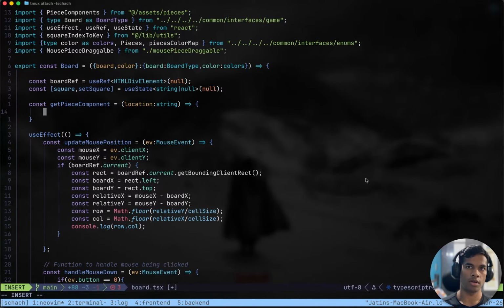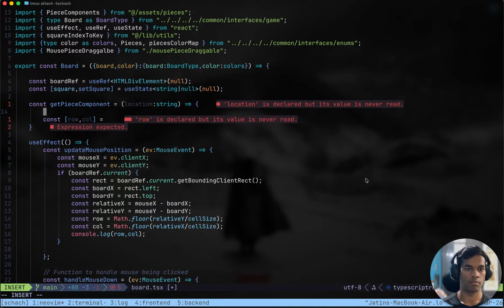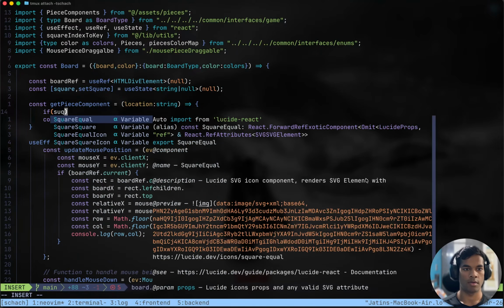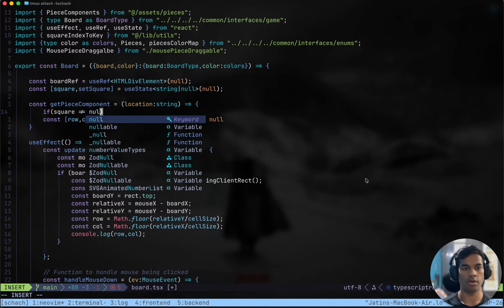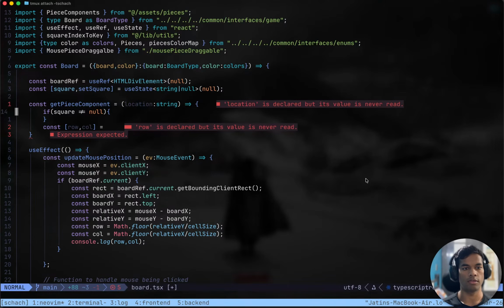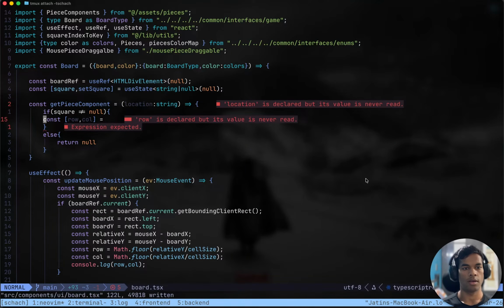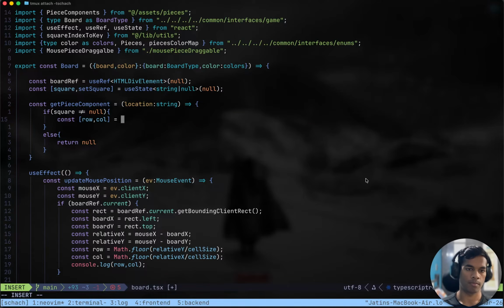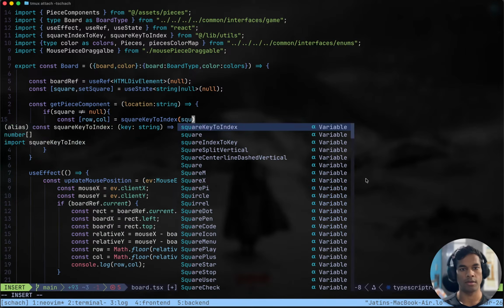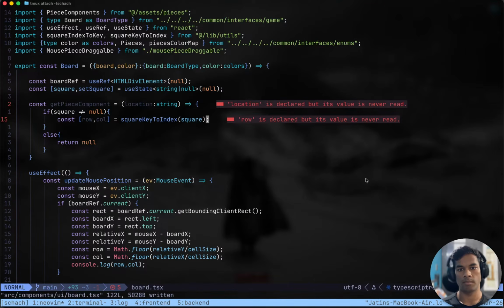Not console.log, but we have to get row and column. If square is not equal to null, then do this, else return null. If square is not equal to null, then square key to index given, square row is declared.